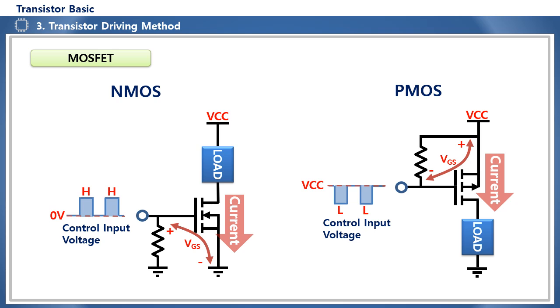In contrast, the P-type MOSFET turns on when the control input voltage is low. The voltage between the gate and source, VGS, becomes negative, and the channel between the source and drain is turned on. When the control input voltage is high, the VGS becomes zero, and the channel between the source and drain is turned off. At this time, the reference voltage between the gate and source for on and off, VGS, is specified as the threshold voltage, VTH, in the specifications. And the gate applied voltage can be determined based on this voltage.